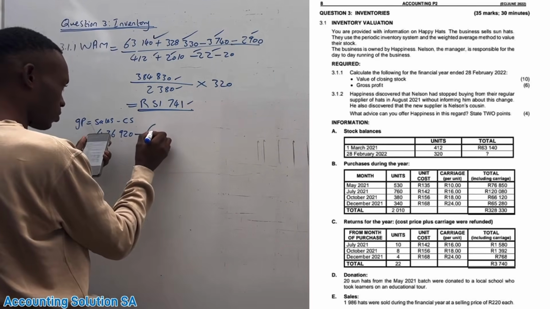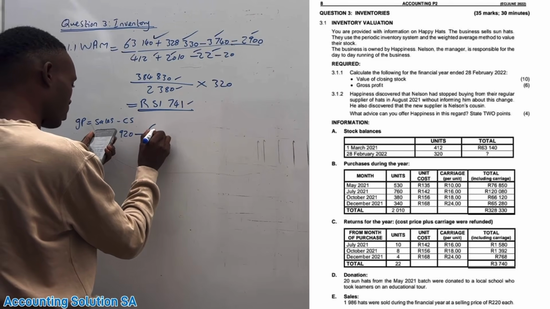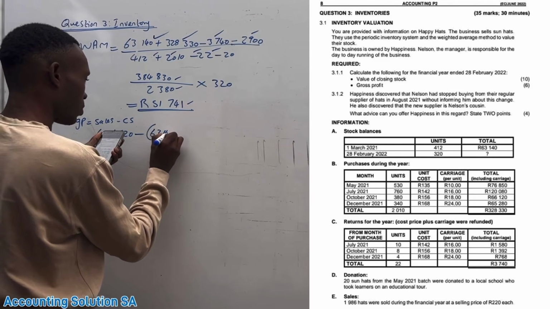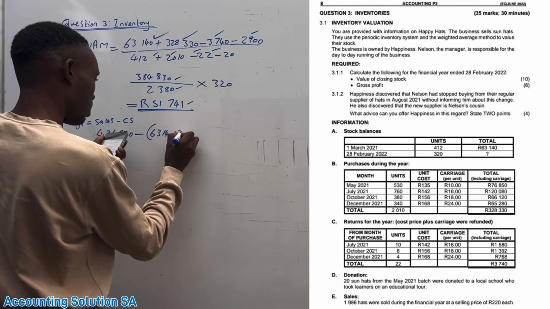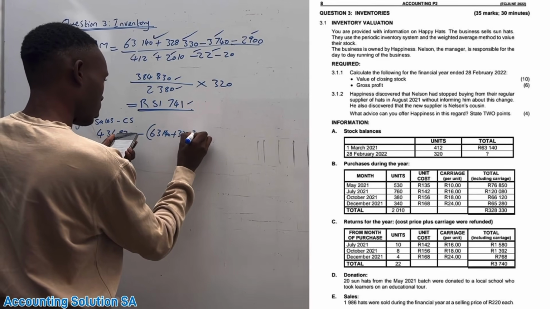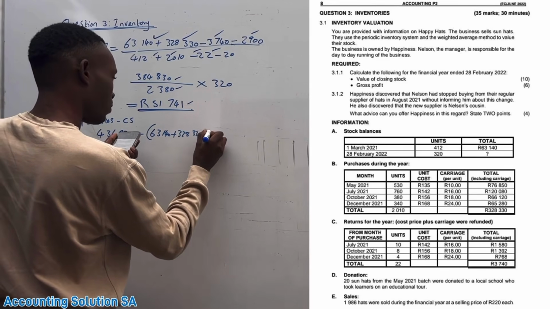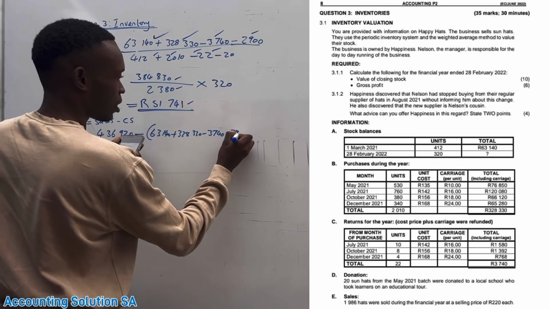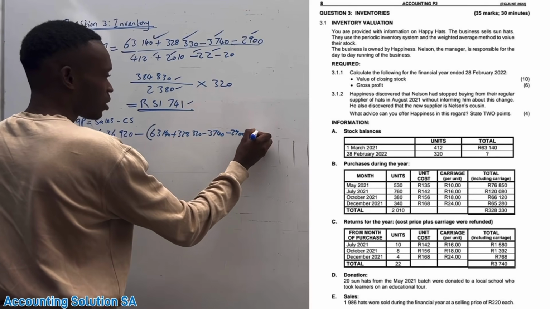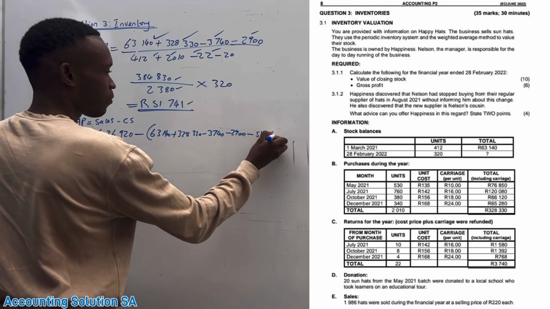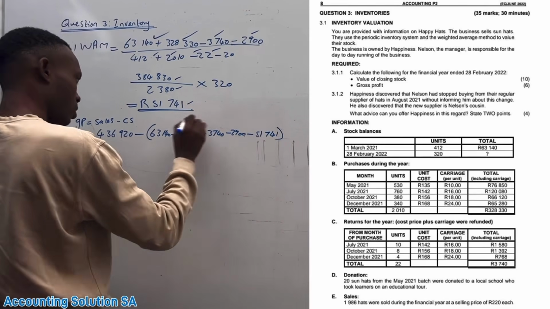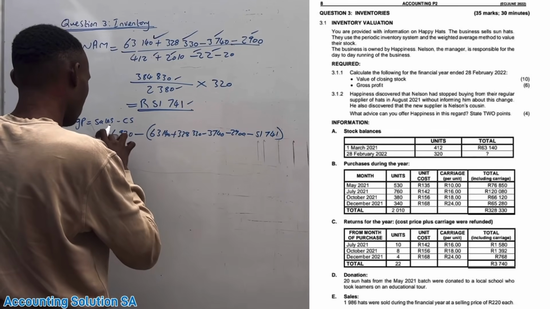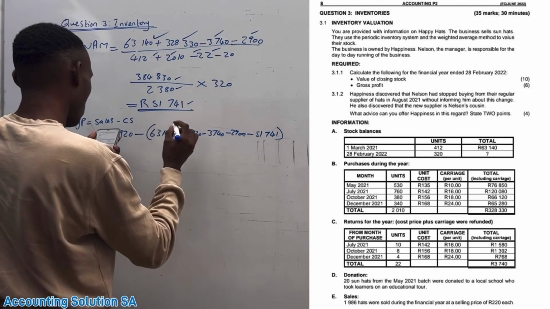Okay, let me just show it here. Opening 63,140 plus purchase of 328,330 minus return of 3,740 and minus 2,900 of donation and minus closing of 51,741. This calculation is going to give you a cost of sales